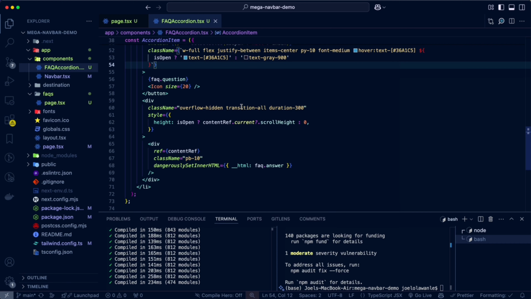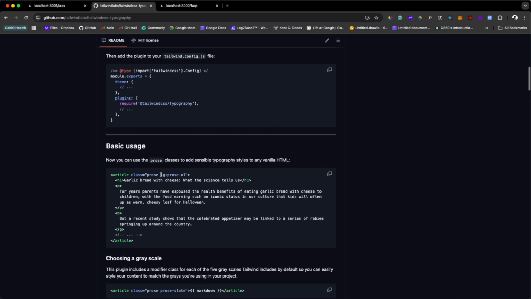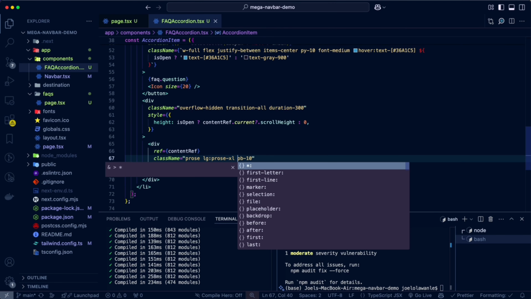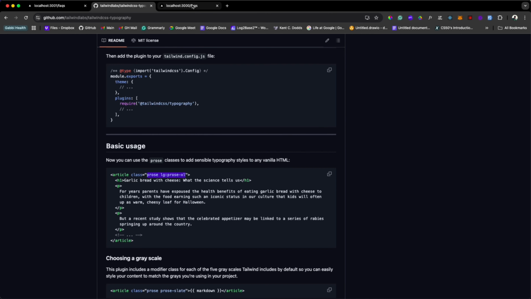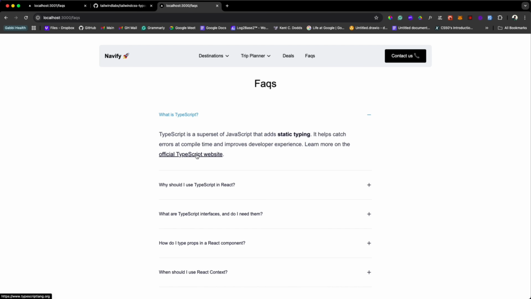Then you need to come here and add this to the class here. Once you do this and you go back to the page, which is here,